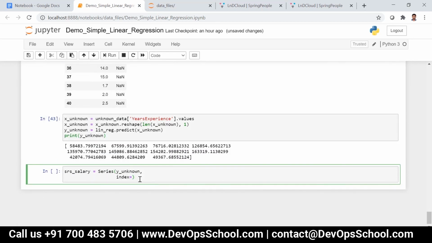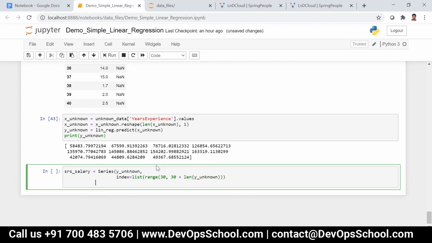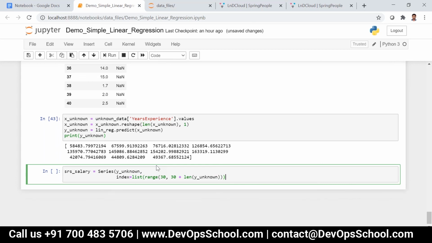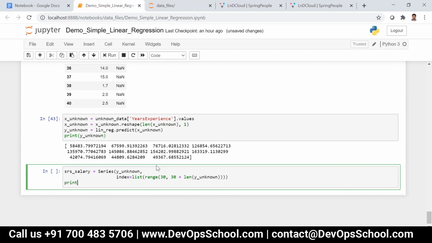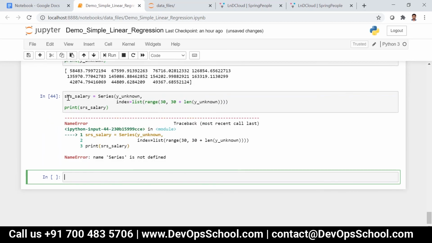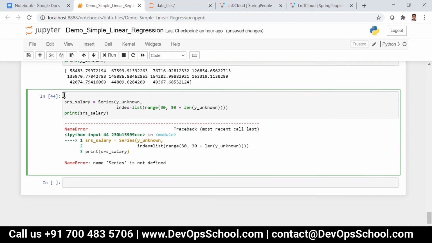So I can say list of range of 30 as the starting point, and then 30 plus len of y_unknown. Now if I print this SRS salary, let's see how it looks. Sorry, I need to give pd dot.